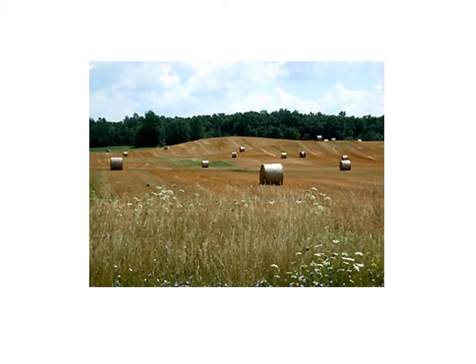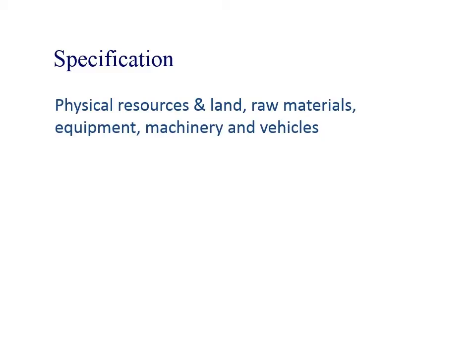So this is on the specification, but it's not actually had a direct question asked about it before, and it's not very specific on the specification, excuse me. So the specification states that it's physical resources and land, raw materials, equipment, machinery and vehicles. So really it's just trying to get you to think about the fact that businesses have different resources that they need to use, and there's a section on labour, so flexible working patterns and the changing sectors of production, and there's a section on finance as well, money, so sources of finance and entrepreneurs,